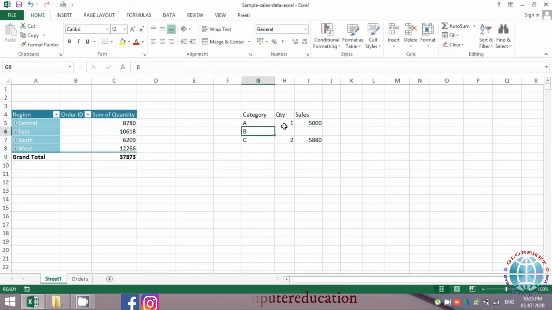Let's say there were no sales for this particular quantity. As I said earlier, the entire row should not be blank, but if there are some columns which are blank, it is fine. Let's say I create a quick pivot out of this data,